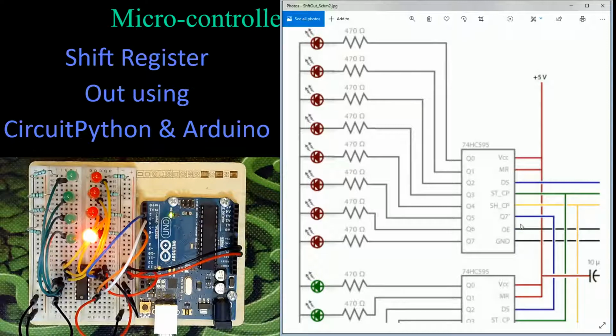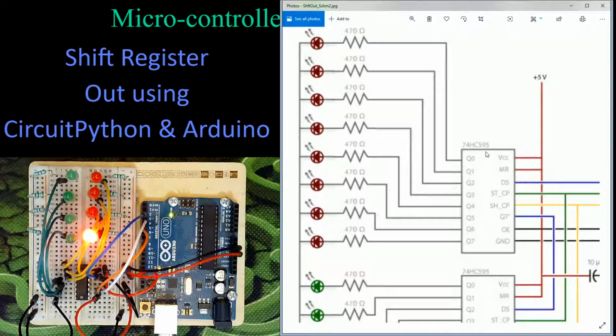And then the blue wire is the serial information coming in. And there's another pin which looks a lot like Q7, but it's not. It's Q7, and then it's got this little exclamation type mark, this little accent over it. And that is communications out going to the next chip. And that's what we're going to do when we combine more than one of these